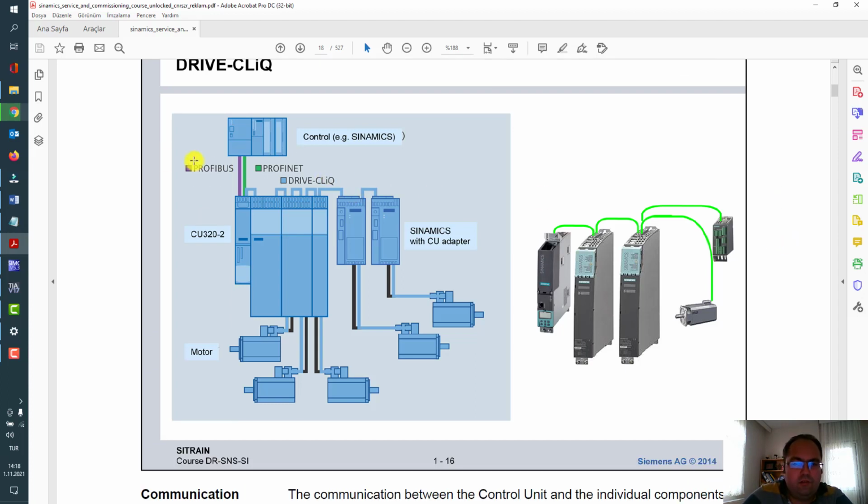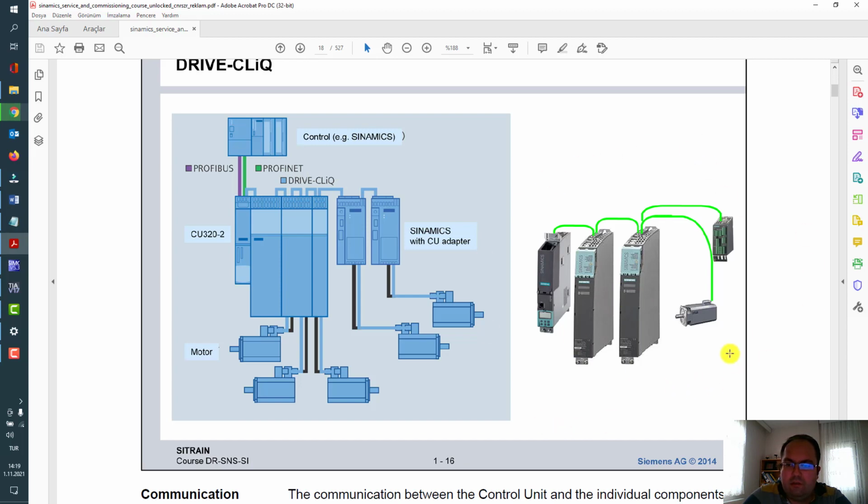In this image, you may see the Profibus or Profinet communication via a SIMATIC controller, for instance. And there is a control unit 320, and there are some other components like infeed and book size modules with control unit adapter 31 or 32 connected with blue lines, that means DRIVE-CLiQ.